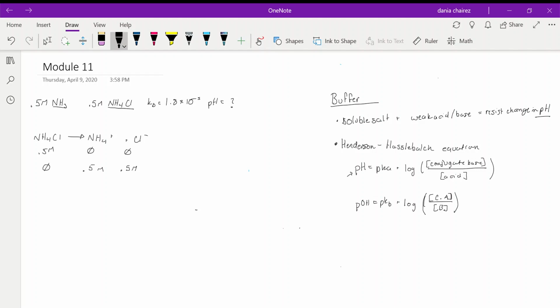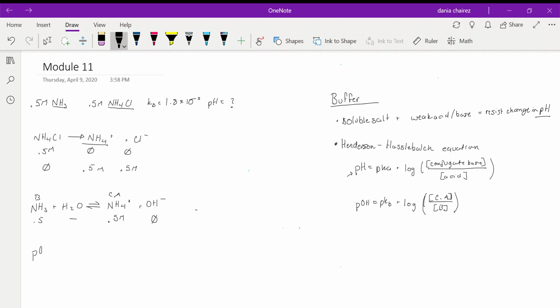So then when I do my ammonia solution, again double arrows in this case, we have NH4 plus, OH minus, and we started off with 0.5 here, water doesn't matter, and then our common ion, we have 0.5 and then 0. So now we know that this is our base and this is our conjugate acid, so we can plug this